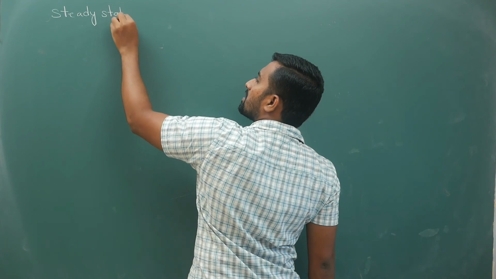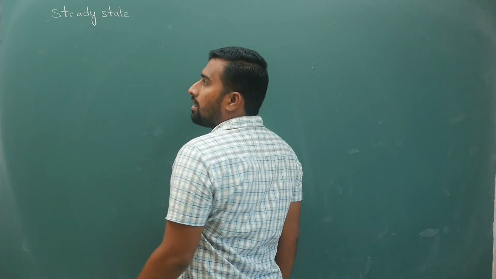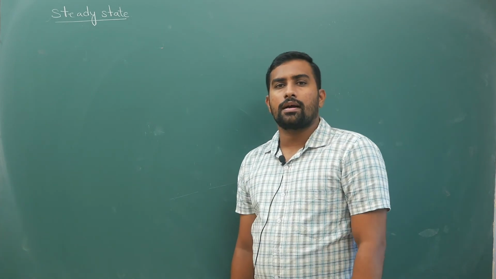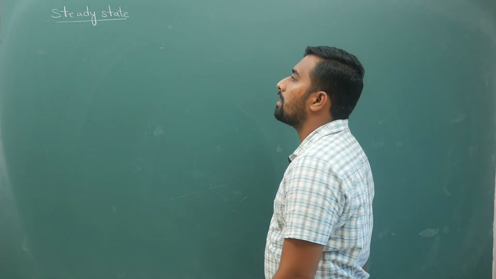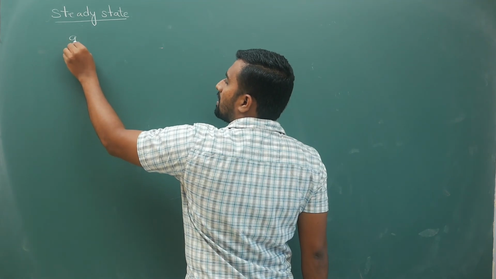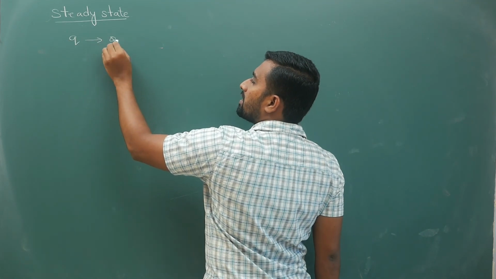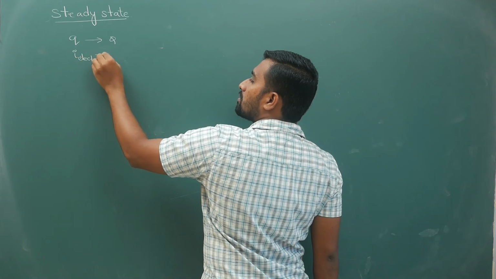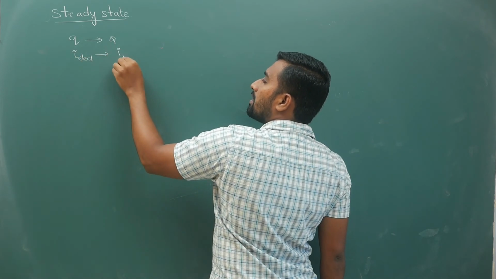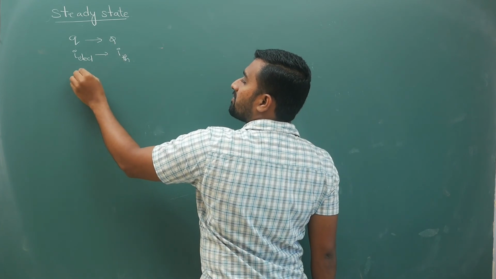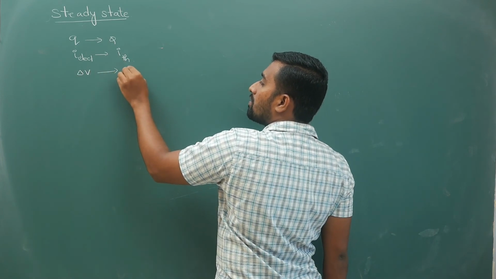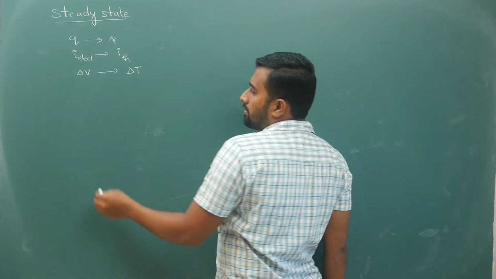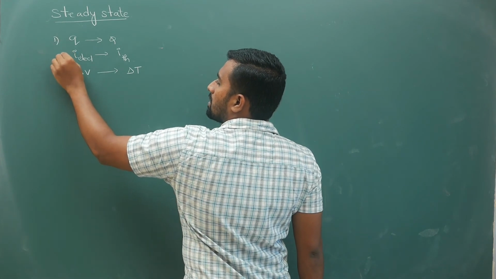For steady state I am doing my discussion, and that too we have related terms related to current electricity and heat transfer. I told you your charge is similar to heat, your electric current is similar to thermal current I. Here potential difference is the cause for charge to flow, here temperature difference is the cause for heat to flow, and then what else we have seen is,